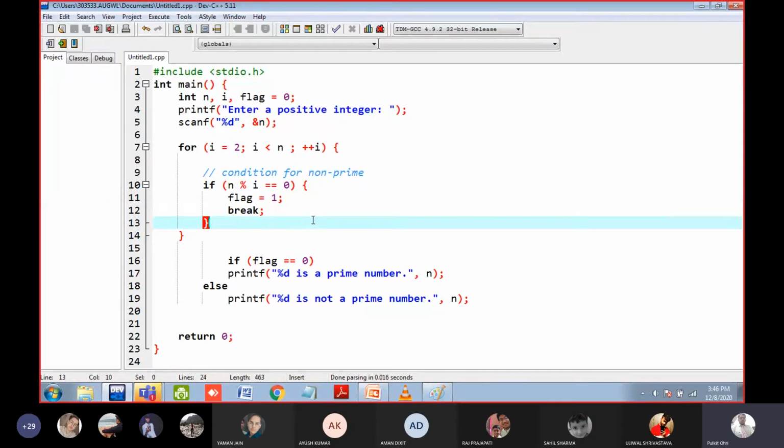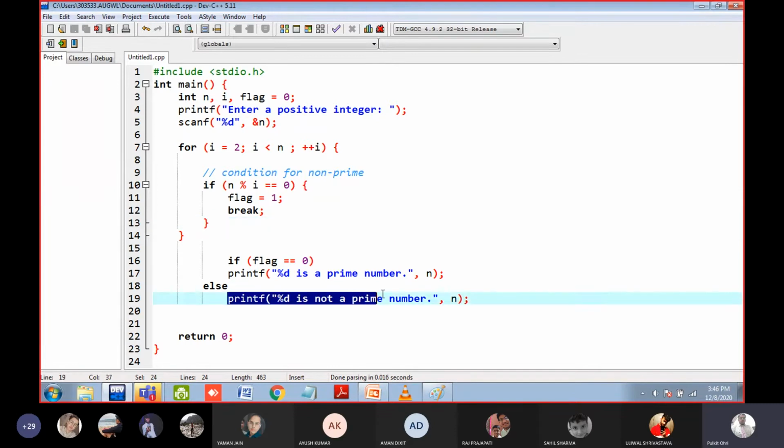The thing is, here we are just checking if a number is divisible by any other number than 1 and the number itself, then it is not prime. That's all. So if you want to check whether 1000 is prime or not, we will first divide it by 2. It is divisible, so the loop will break. Then you will go here and print that it is not a prime number. But let us suppose we have to check whether number 13 is prime or not. Then we need to divide the number 13 from 2 to 13, sorry, from 2 to 12.